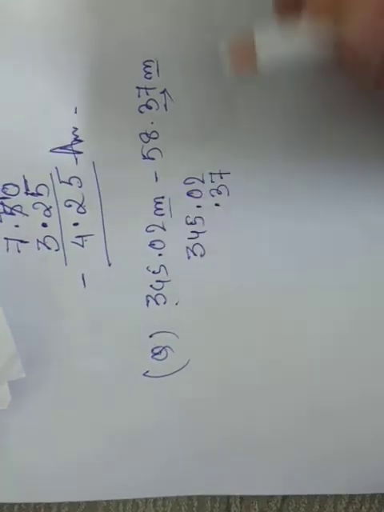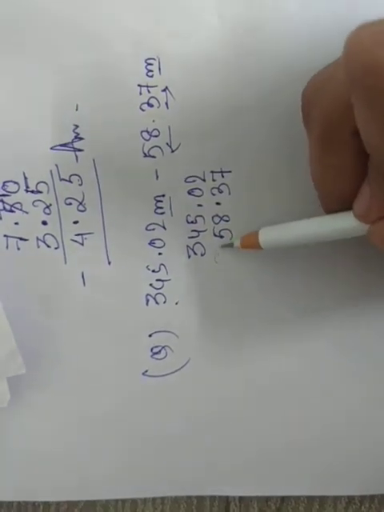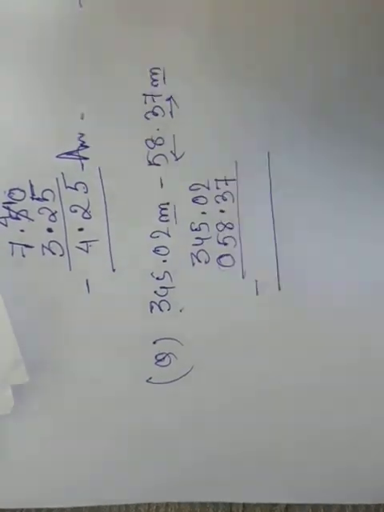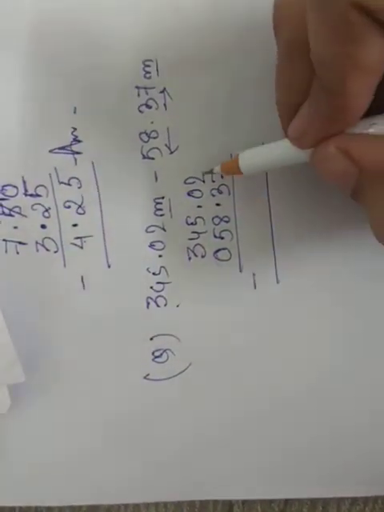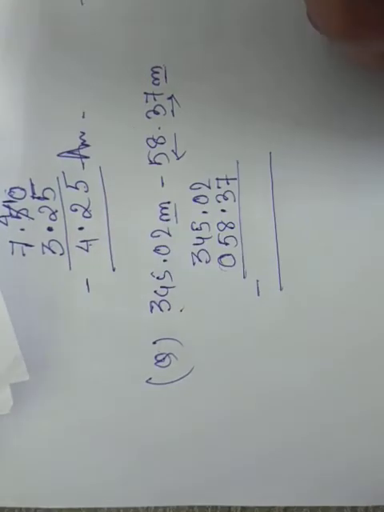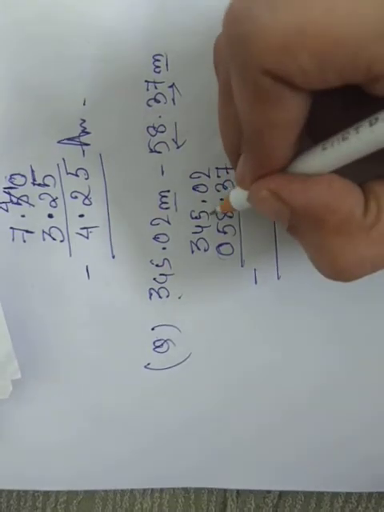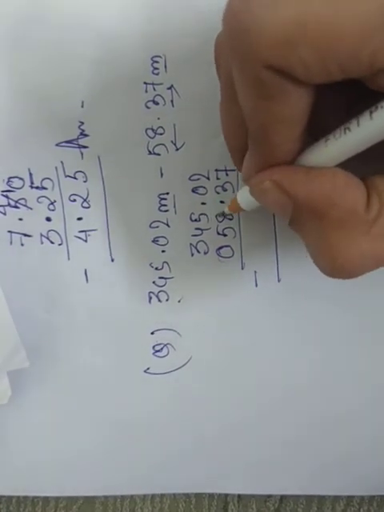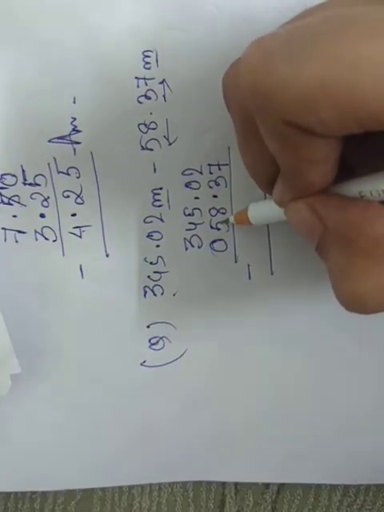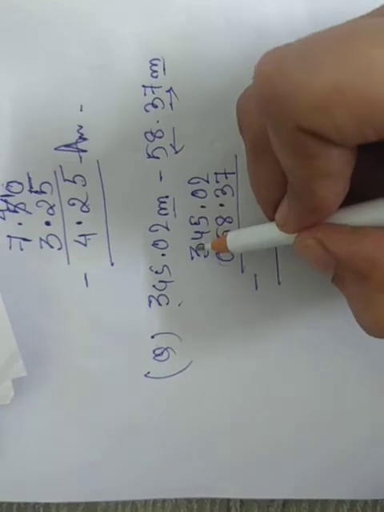It is 37. Then on the left hand side it is 58. Okay, now this place is missing again, so we can put 0 over here. Now we will subtract. Now again if we see, we cannot subtract 7 from 2, so I have to take a borrow. Again here it is 0, so I have to take a borrow from here. Again it is 5, from which 8 cannot be subtracted, so I have to take borrow over here also. And here again it is 5, bigger number on the lower side, so I have to take borrow here as well. So let us cancel this first.